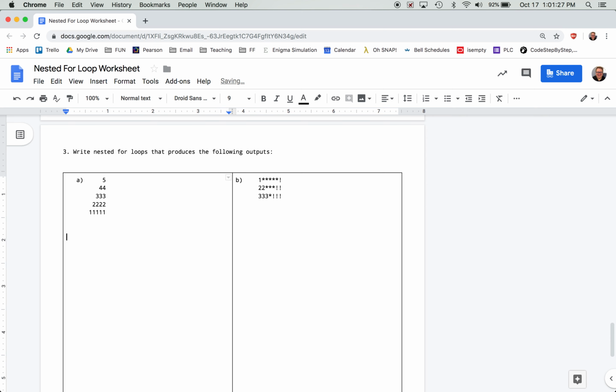some number of spaces. So if I were to map out just a little bit of pseudocode here, I'm thinking to myself, I want an outer loop that runs 5 times, but then I'm going to need, excuse me, 2 inner loops that are for loops. One is going to take care of spaces, and it's got to be reducing. And the next one